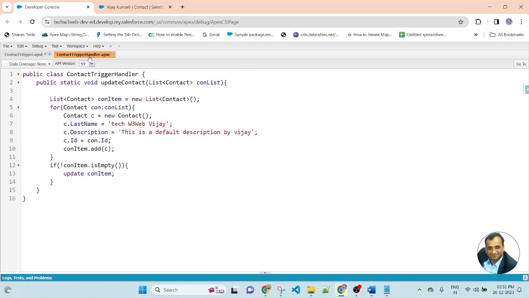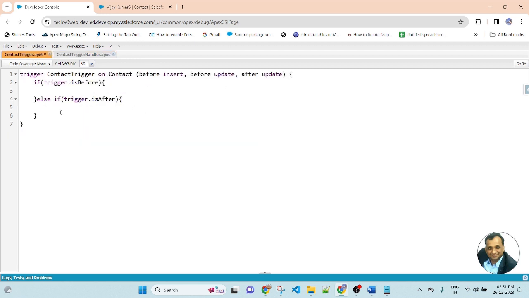Here I will call this method inside the after action event. Here I am using the context variable of trigger, and trigger is update. So whenever contact record is updated, then this Apex class trigger will be executed.